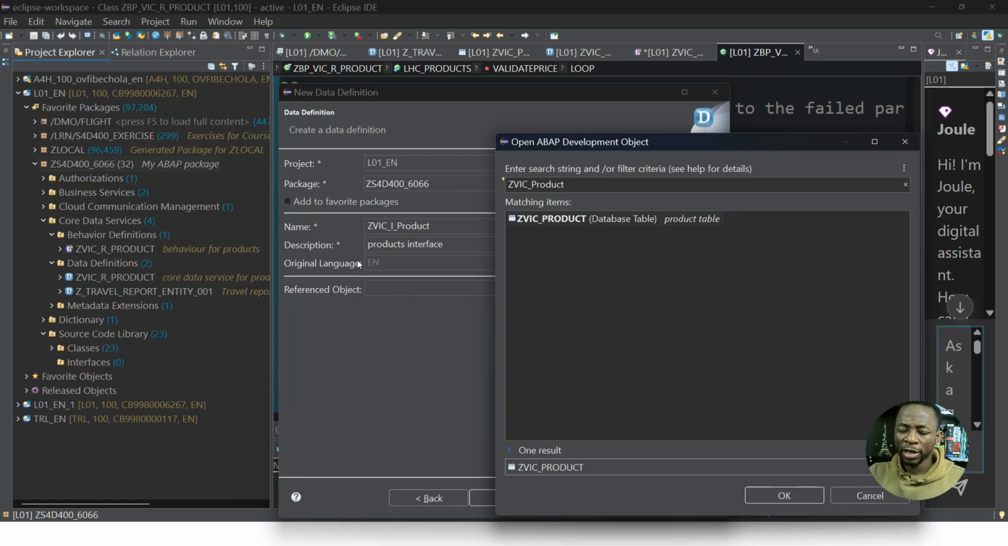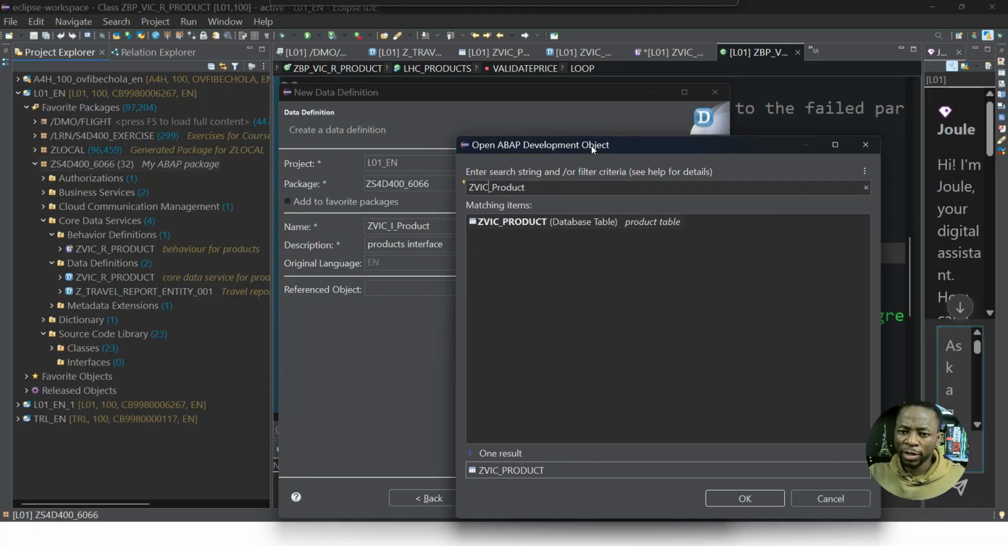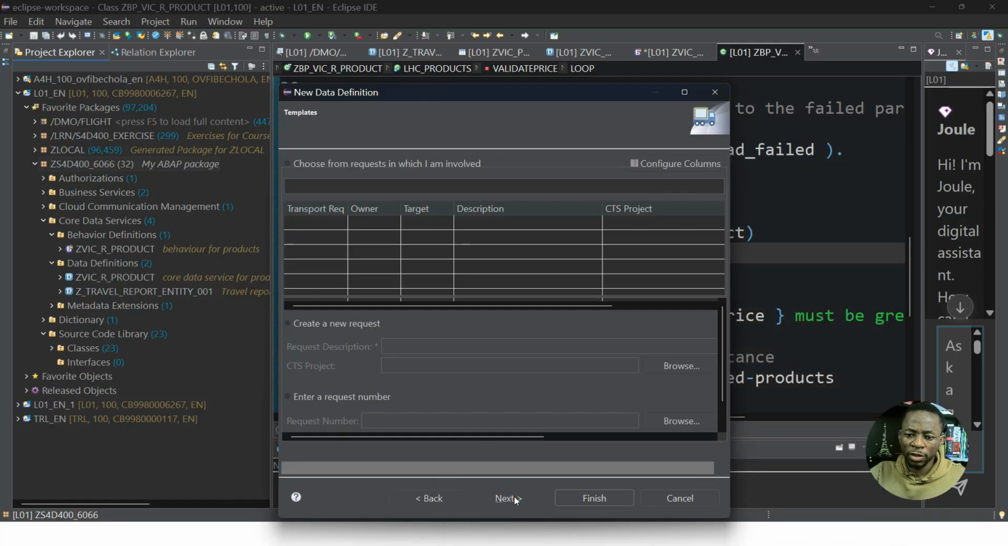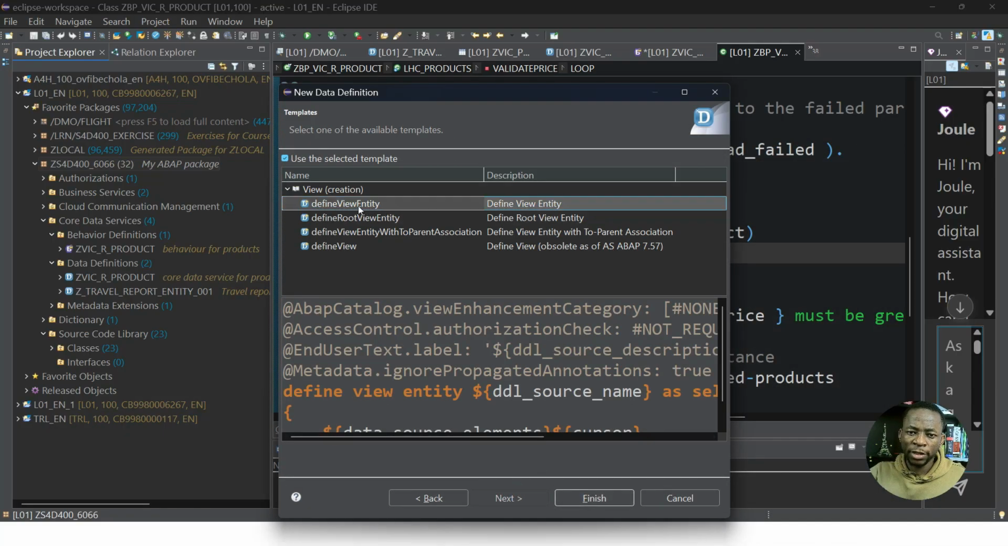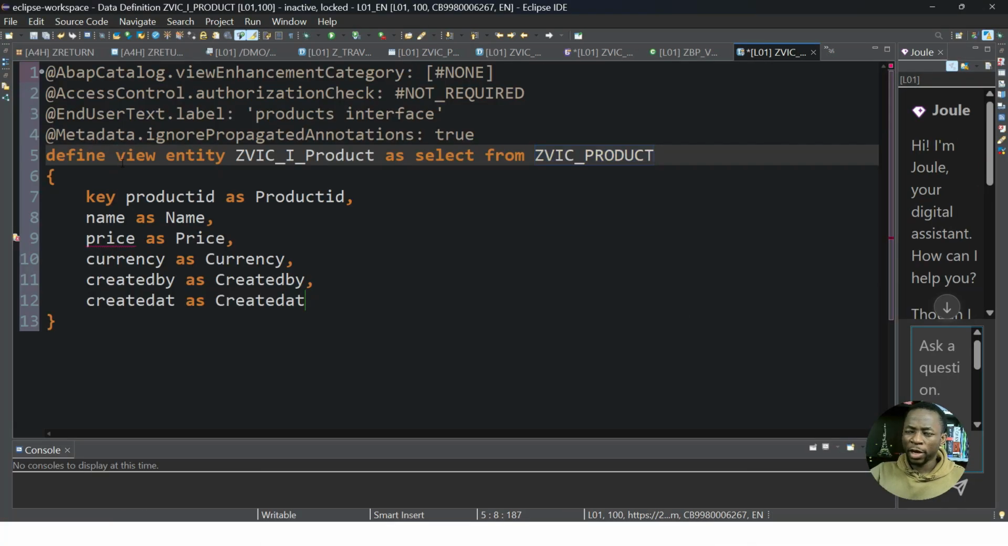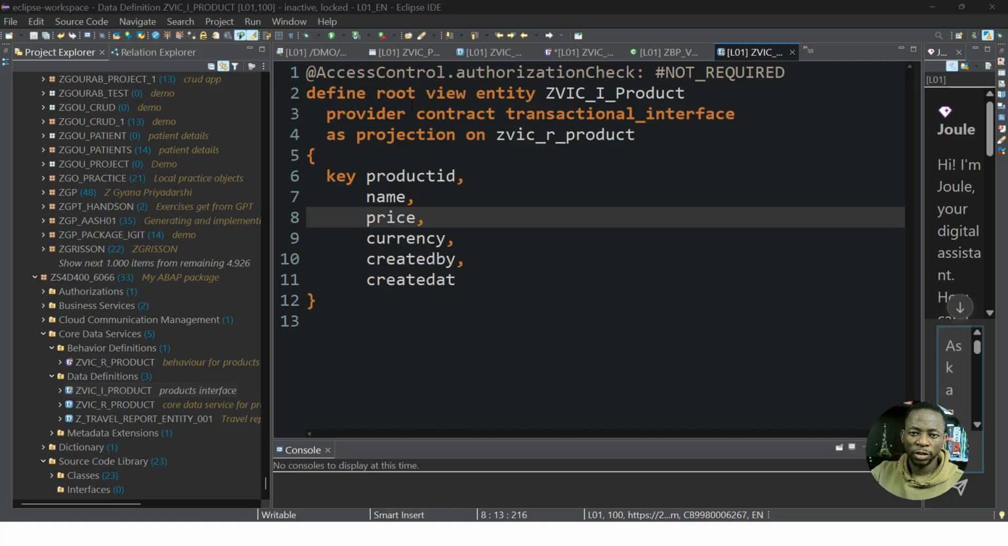So on reference object, let's select our database table. Let's select this, click on next. Then let's select define view entity, then we'll make adjustments to the code, finish. Right here, we're going to say define root view entity. This is the name of the interface we are trying to create. So inside the interface that we are creating, say define root view entity